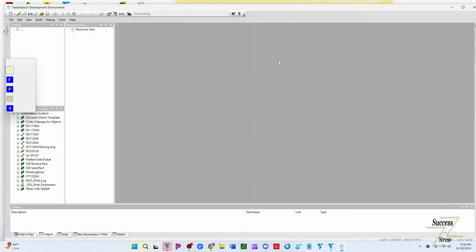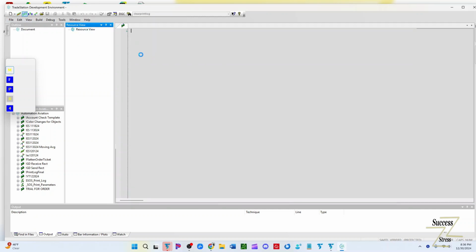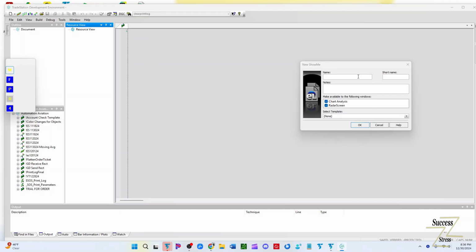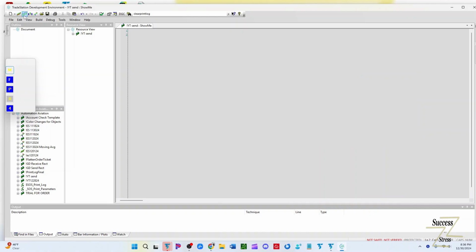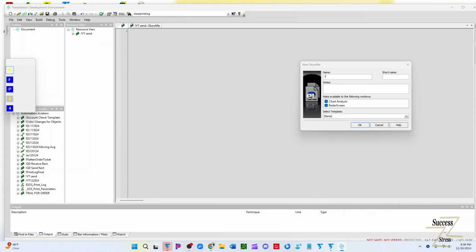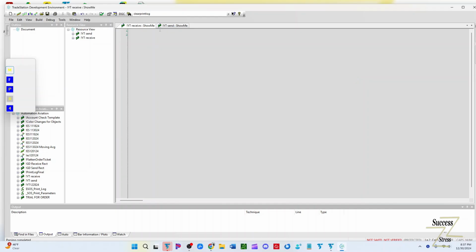So we're going to need a receiver. We're going to use a global dictionary in order to be able to transfer the information amongst two different charts. We're going to have two different indicators. One we'll just call YouTube send, and then we'll call another one YouTube receive. Okay, so on the send,